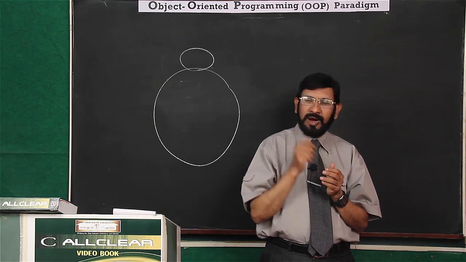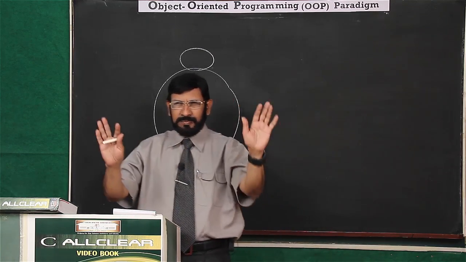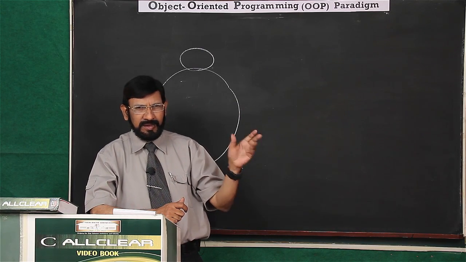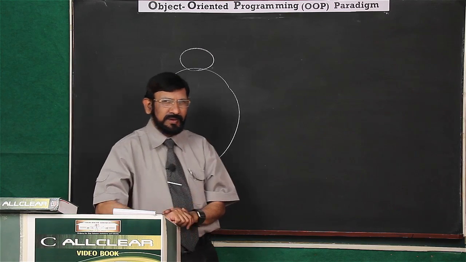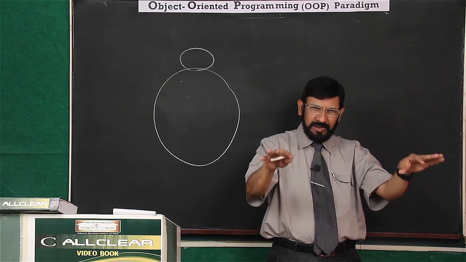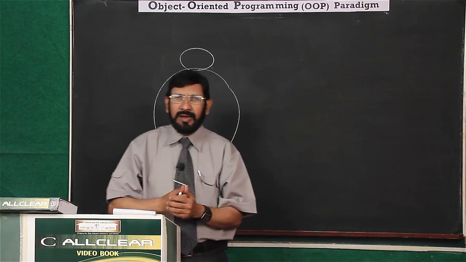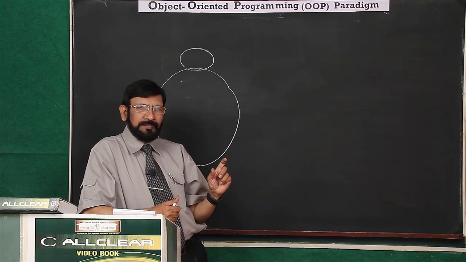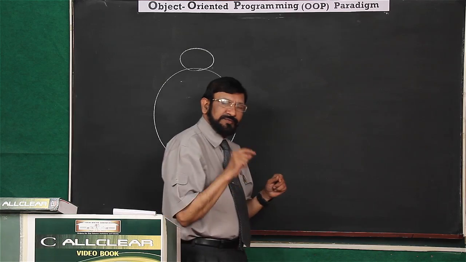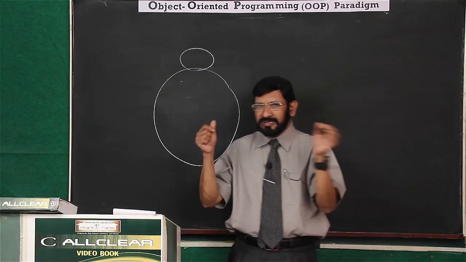Now, a car is an object. What is there inside the car? Everything is hidden. Simply the outside model we see. We see the design of the car, the color of the car, other things we see. Understand? Then what is there inside? How it was designed and developed, we never know. Everything is concealed. And a driver object, by using his interfaces, interacts with the car object.